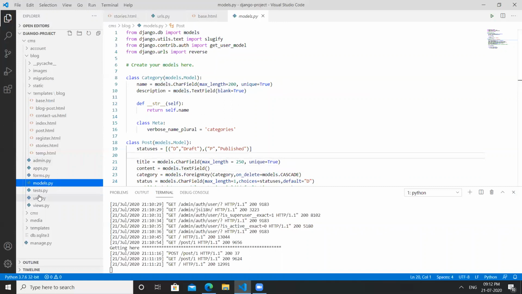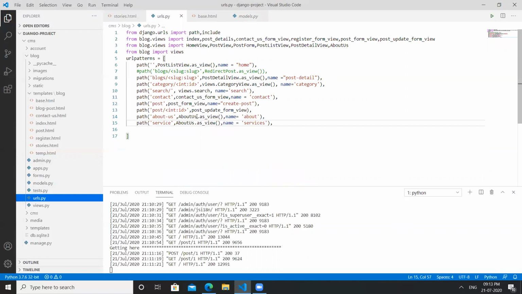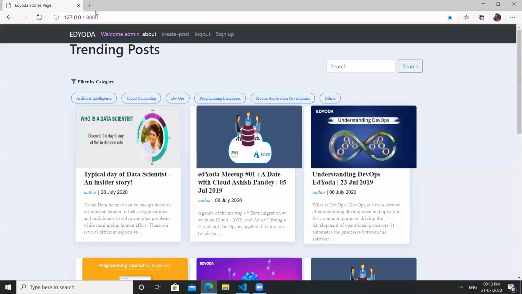And this is the URLs file, where we are mapping the URLs to the HTML templates, so that when we click on these icons, we make actions between the login and logout pages.